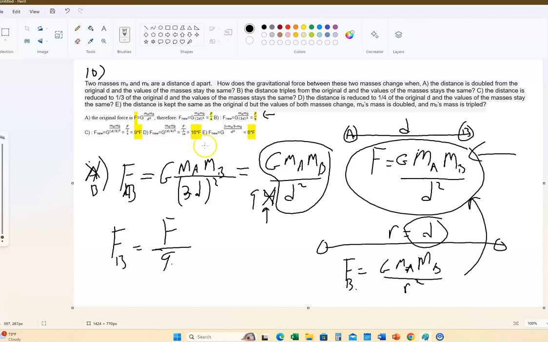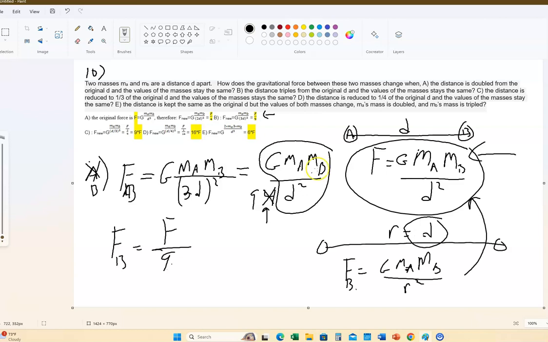In situation C, now what has happened in situation C here? Let me read it. The distance is reduced by 1/3. All right. So instead of this distance being d, it's d over 3, right? And so now